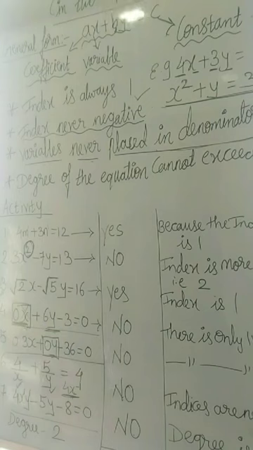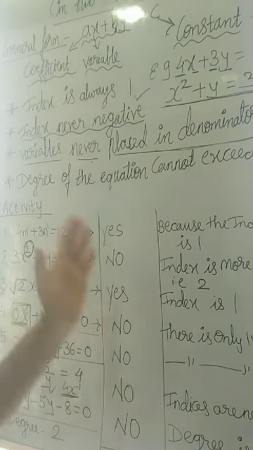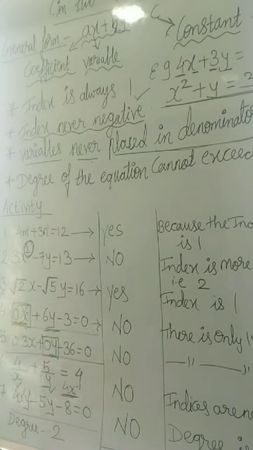So in part 1, what have we seen here? How to identify a linear equation. There are some conditions, some rules that you need to follow in order to identify whether the given equation is a linear equation or not. These rules are very important in order to identify any given linear equation. That's all in part 1. How to solve a linear equation we'll see in another part.